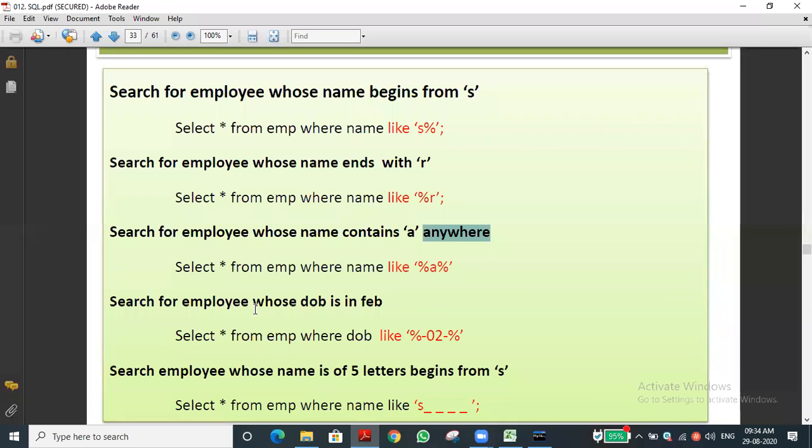Suppose the principal asks, I want the names of students celebrating their birthday this month, for preparing some wishes or greetings. If you want to search by month, you can see the percentage, that is the regular syntax, then -02-. Why is there a hyphen?